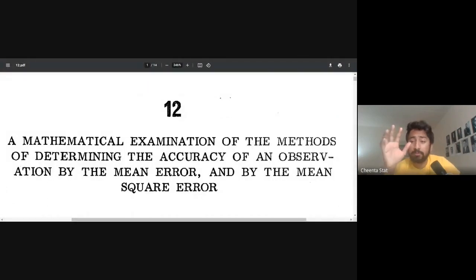He took a normal distribution, and he wanted to find an estimate of the normal distribution with location parameter and scale parameter. Now it's called the mean and the variance. And he wanted to find an estimate of the variance. And he found out that